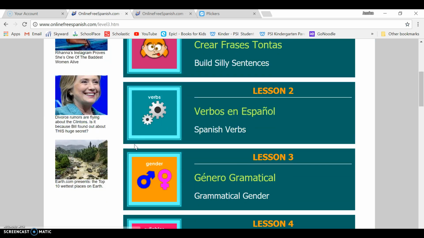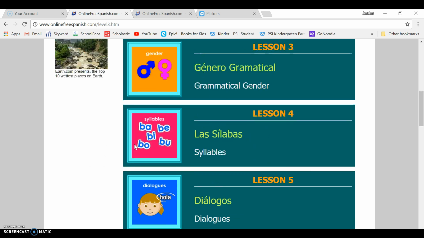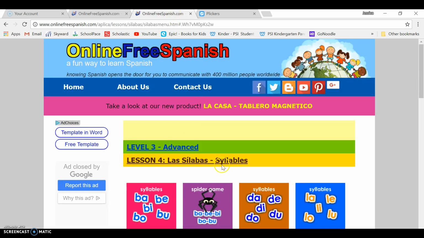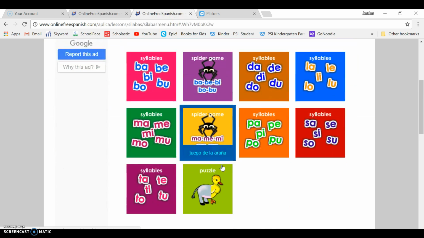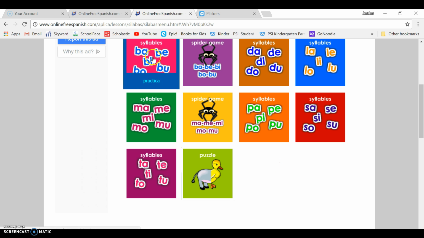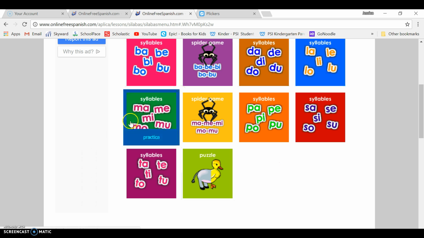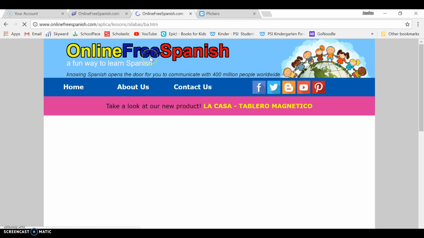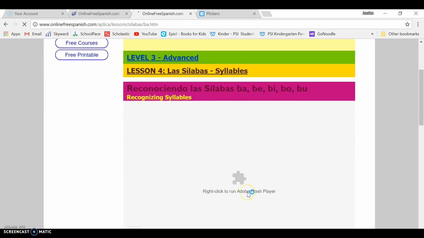So I clicked on level 3, and if we scroll down here, I'm using lesson 4. So I clicked on that and opened up this screen here. And so you can see these are the different lessons of the different syllables that Online Free Spanish has. So for example, you can see if you click on this first one here,